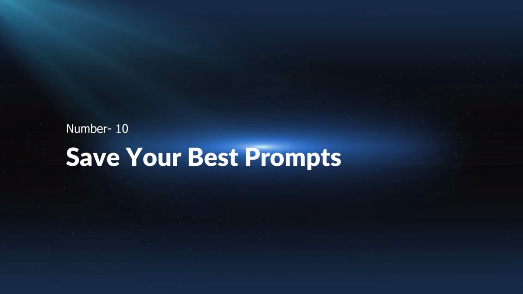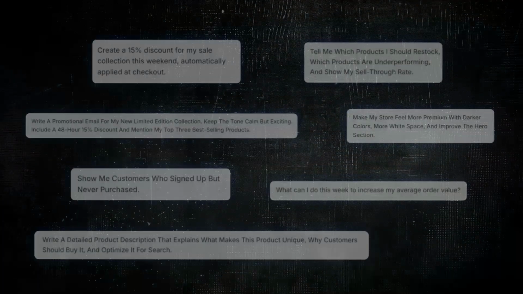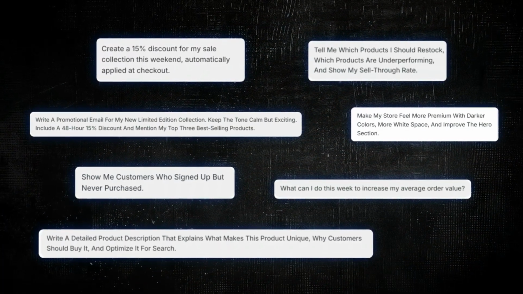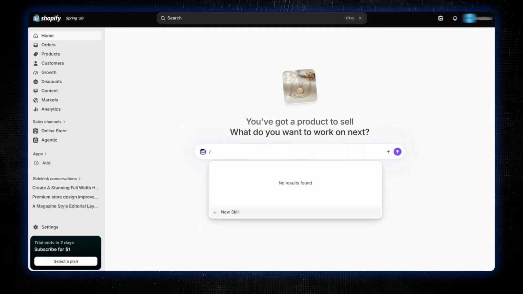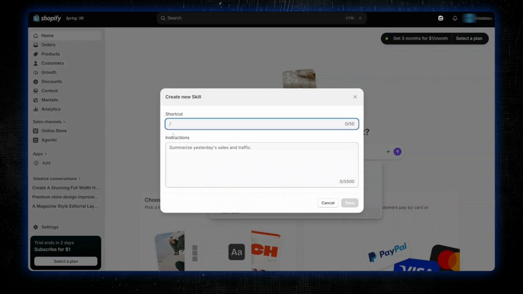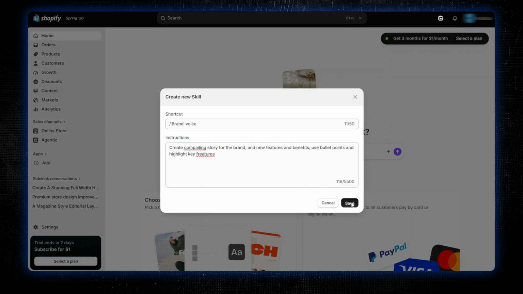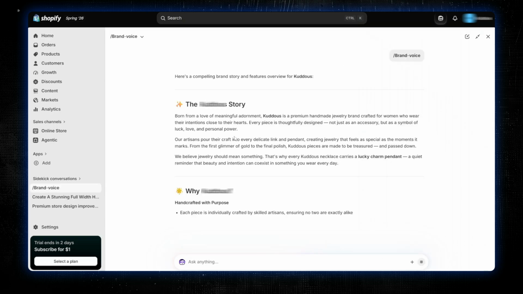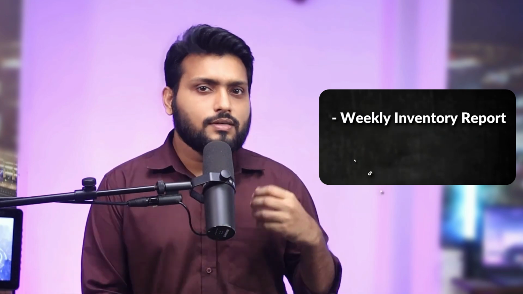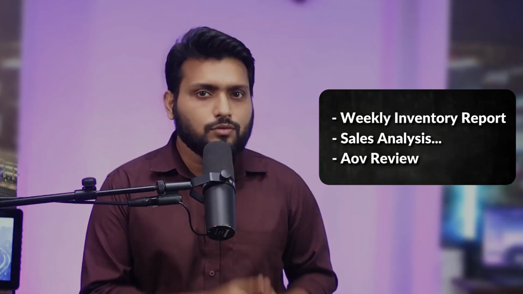Number 10, save your best prompts. Alright, so if you use the same prompt every week, don't rewrite it every time. Write it once and then forget it. Turn them into Sidekick Skills. Simply save your favorite prompts as shortcuts. Next time, just type a slash command and Sidekick runs the prompt instantly. Whether it's your weekly inventory report, sales analysis, or AOV review, you will build your own AI toolkit that saves